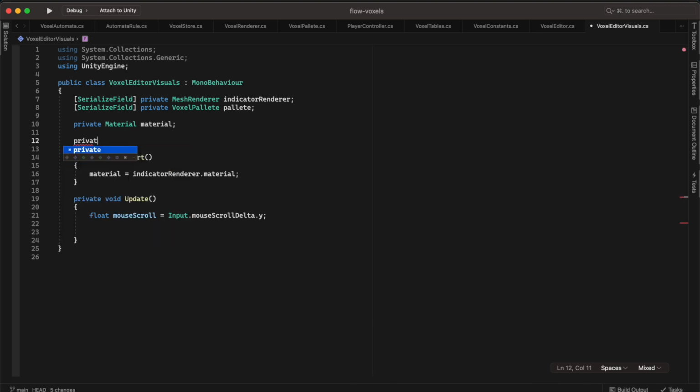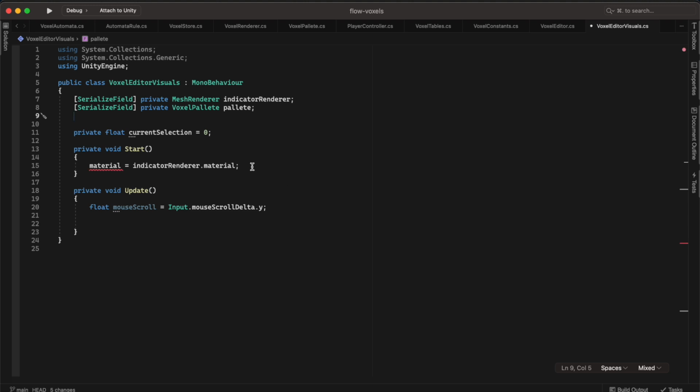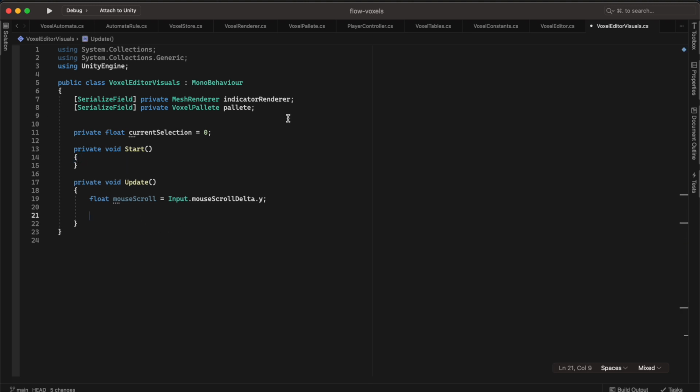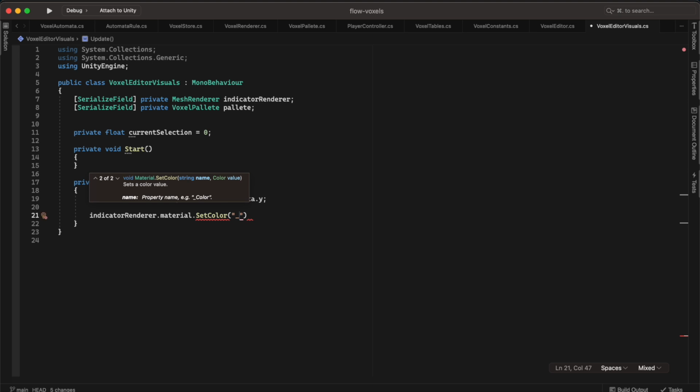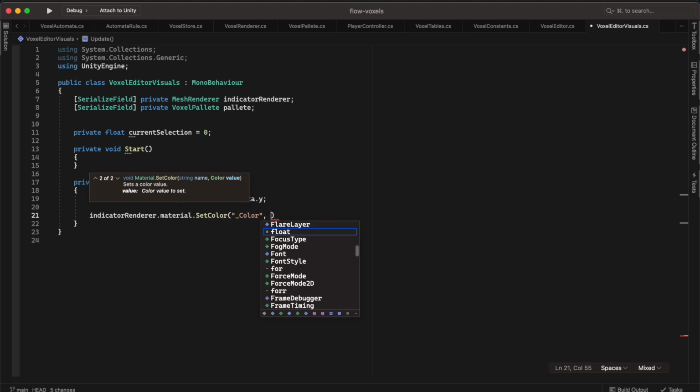I'm going to create a private float current selection, and it's going to equal 0. And then our material, actually we don't even need a reference to this. As long as we have the reference to the renderer, we can just say indicator renderer dot material dot set color. Now remember, I said we need to remember what the property name for that property we created in the shader was. It's color. We can set that equal to